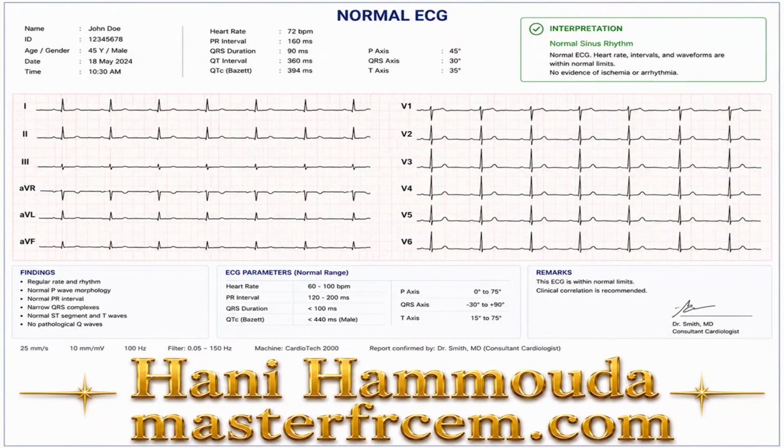Any pain with this character, heart attack until proven otherwise. According to the HEART score, the H, the ECG, I'm talking in general, not in this patient. The H represents 2 points, the ECG represents 2 points, A, age, represents 2 points, R, risk factors and past medical disease, represents 2 points, and the T, troponin, represents 2 points, right?